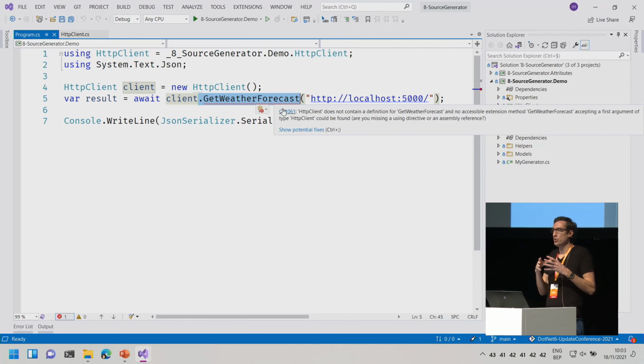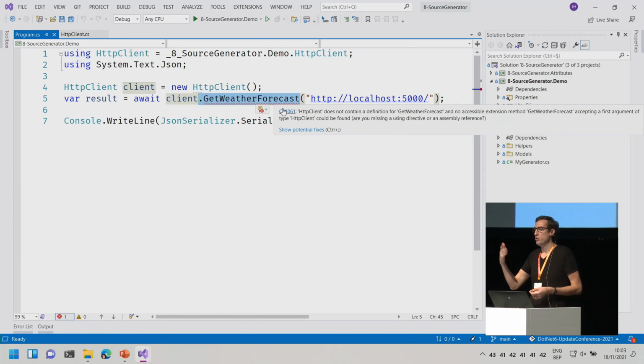And that's basically the cool thing about source generation. You can use T4 templates to do the same thing, but of course then it's generated after you really compile your application and not while you are developing in Visual Studio, for example. So I hope that's an answer to your question. Yeah. All right, perfect.